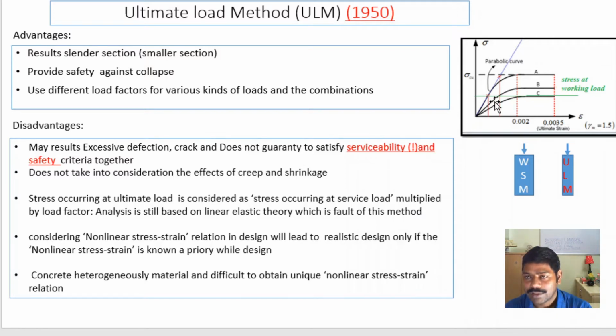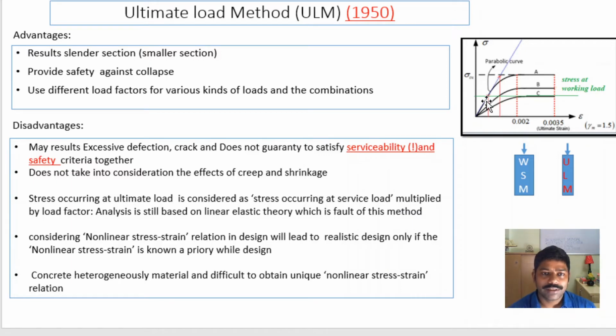So we can see there are some flaws. First we calculate the stress under working load, and then we multiply it to get the stress under ultimate load. So this is based on linear elastic theory in the ultimate load case. At the same time, when you apply ultimate load or load near the failure, the concrete already reaches the non-linear zone, or the structure already reaches the non-linear or inelastic zone. So you will see there is some conceptual mismatch. First is based on linear elastic theory in the ultimate load case. At the same time, the structure also leads to the non-linear zone.